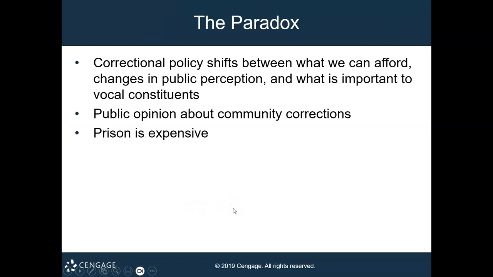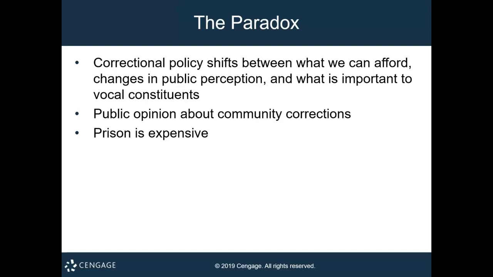There we go. Okay, the paradox: correctional policy shifts between what we can afford, changes in public perception, and what is important to vocal constituents. Public opinion about community corrections, and prison is expensive. Okay, so